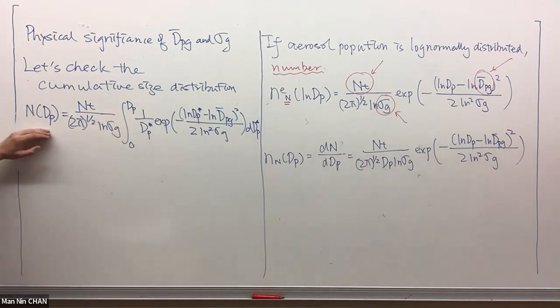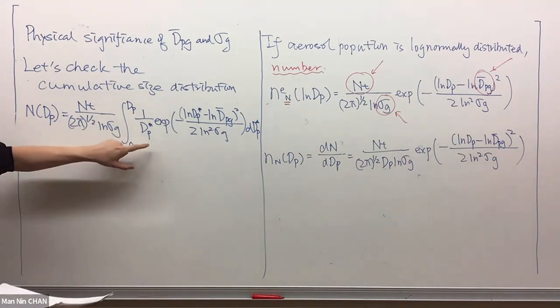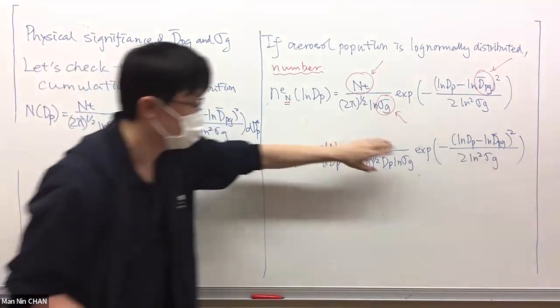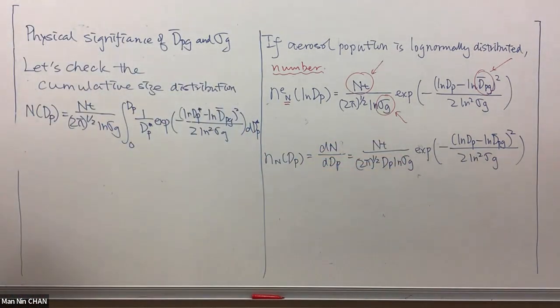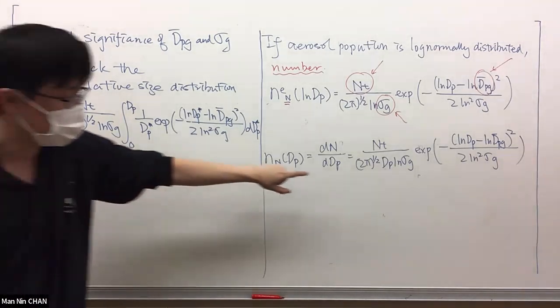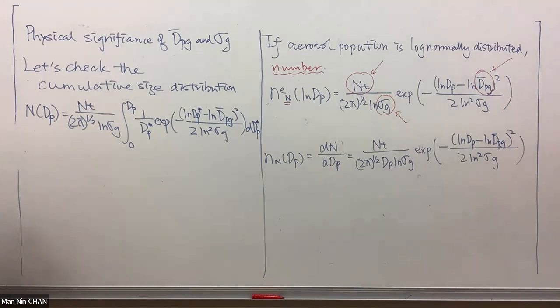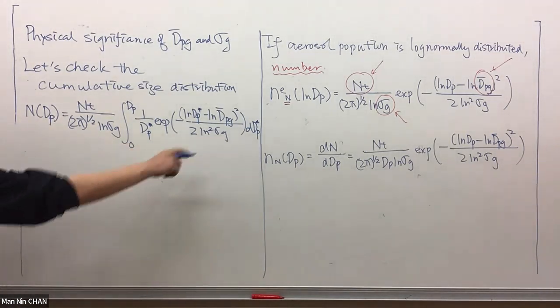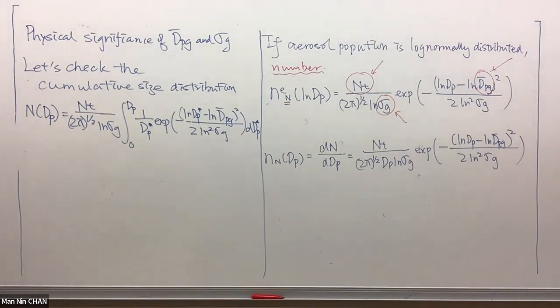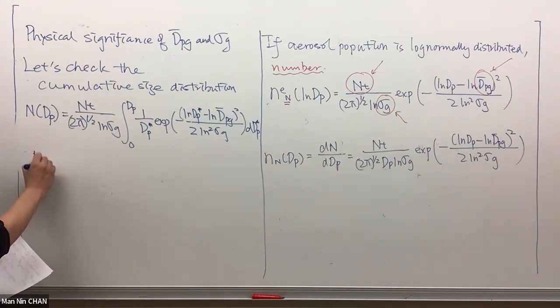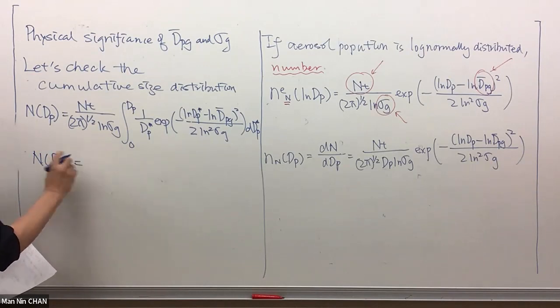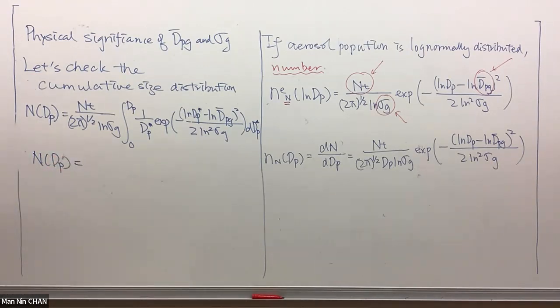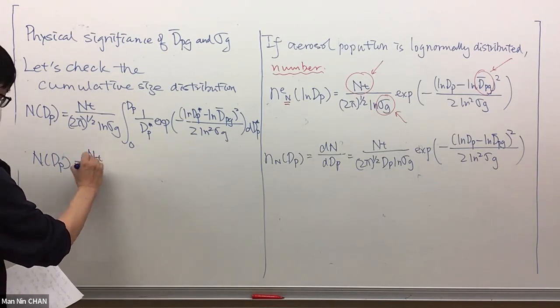So therefore, you are looking at the number of your particles up to a certain size, and then you take this integration using this function here. Remember, we are not using the natural log one, so we are using this equation here. If you take this integration, we just skip the steps and show you the result. You can find the detailed steps in the textbook. But if you look at the result,